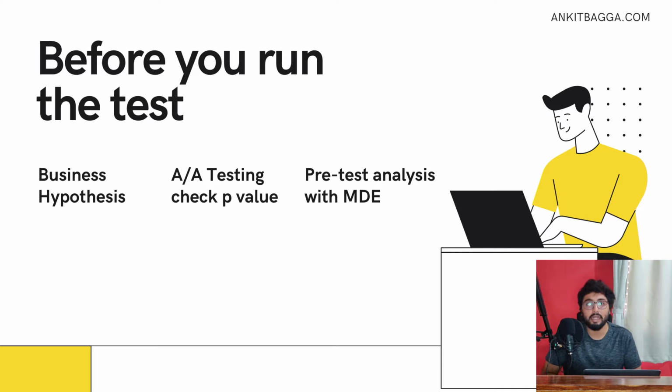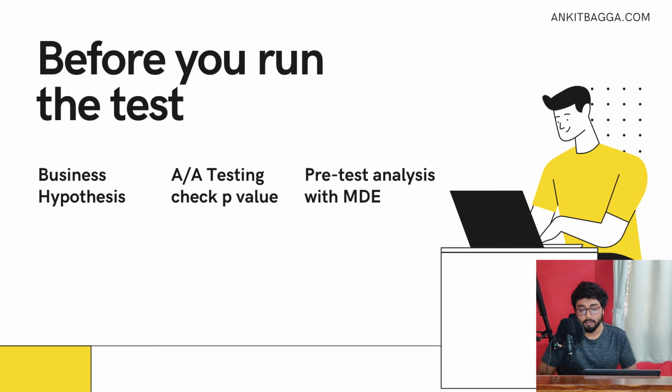The second one is to conduct an AA test. This is not an A/B test. In an AA test, the control and the test variants are the same. If in the long run for an AA test the p-value is constant and is 0.05 or more, then your test setup is right. But if your p-value turns out to be less than 0.05, there's something wrong with the methodology that you're right now using for the A/B testing. If you don't know what p-value is, I'll be talking about that further in a later part of the video.